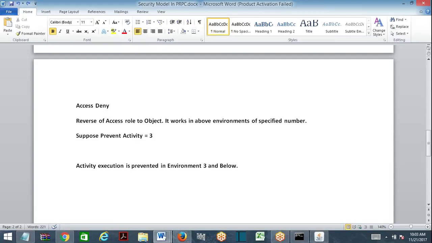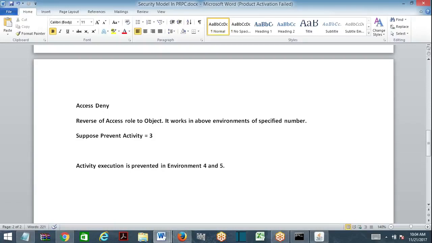But what am I doing? Preventing activity execution. Denying the prevention means you are allowing the execution of activities. So that means prevented in 4 and 5. This is where you will usually get confused. You are denying the prevention, and prevention denying means you are allowing.